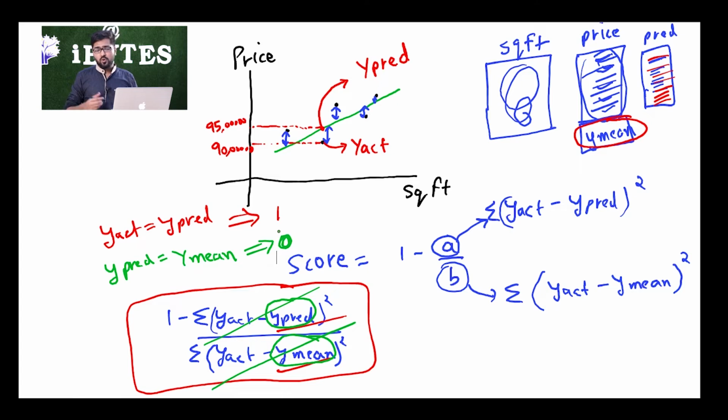Now what does that mean? That simply means for someone who does not know machine learning at all, he simply takes the mean of the actual values, and while predicting for all the data points, he predicts the mean value. Let's say if the mean comes out to be 70 lakhs, for every house he is just going to say sell it for 70 lakh, right? That is what we are considering the worst possible scenario, when we are not applying any algorithm and straight away predicting everything to be equal to the mean.